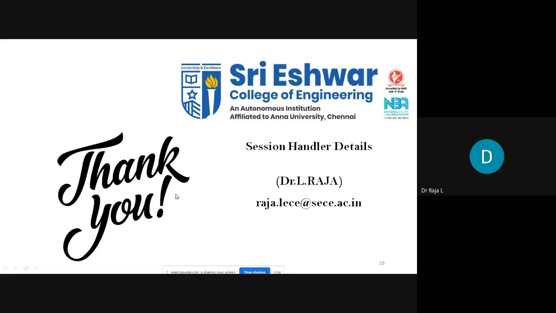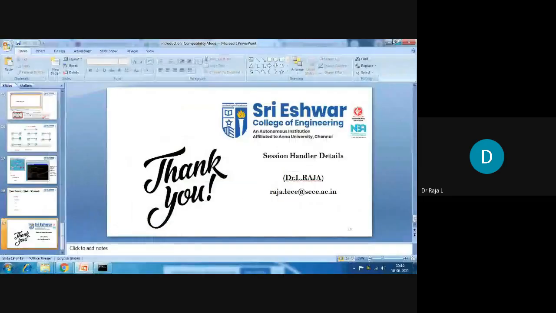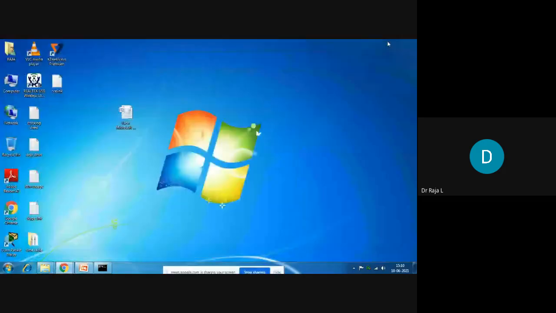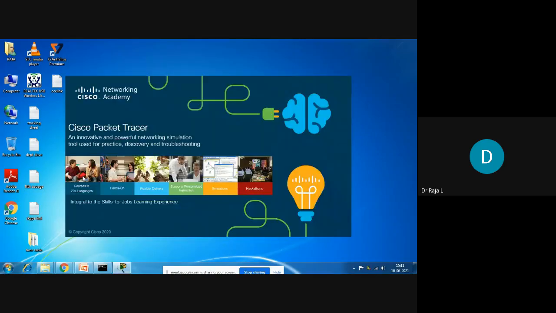Just let me show the symbol for the Packet Tracer. So this is the symbol for the Packet Tracer tool. It looks like a lens over a packet. When I open it, I have some issues with my PC, so I connected with a laptop. Please wait.